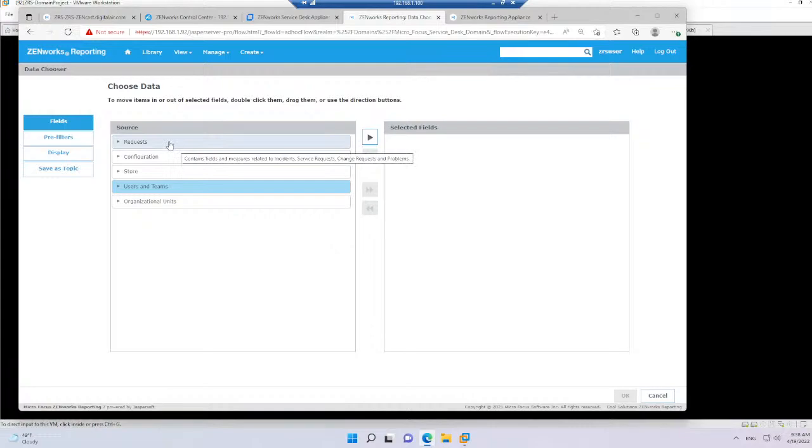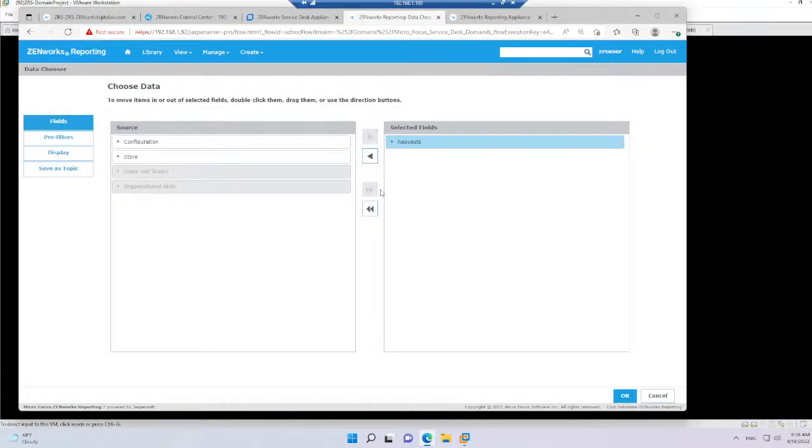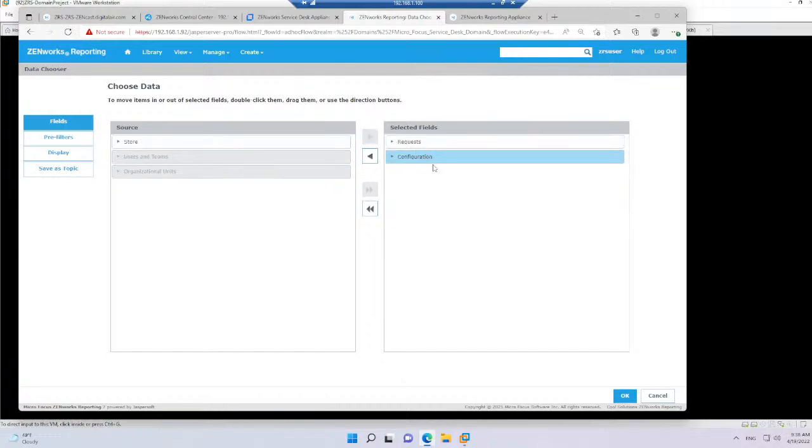Not to say that you can't get in the request, there is a user ID that you can get the name of the technician or the customer, all right? So this is specifically for user and team reports. This is for request reports and all the fields associated to it. But you can combine some of them, like requests and configuration. If we hit OK,